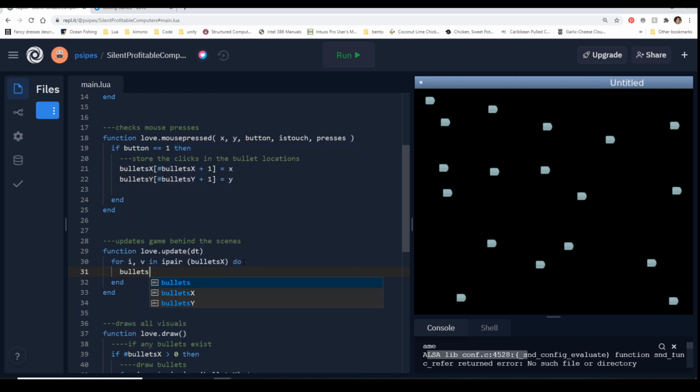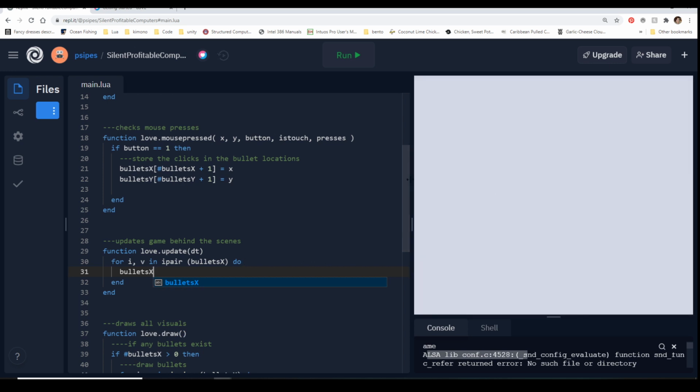Well, we want to take that x value, because we want to move on the horizontal, and we want to manipulate it. So bullets X i is now going to equal bullets X i plus whatever speed we want. In this case, I think I end up, what do I end up at? Let's see.